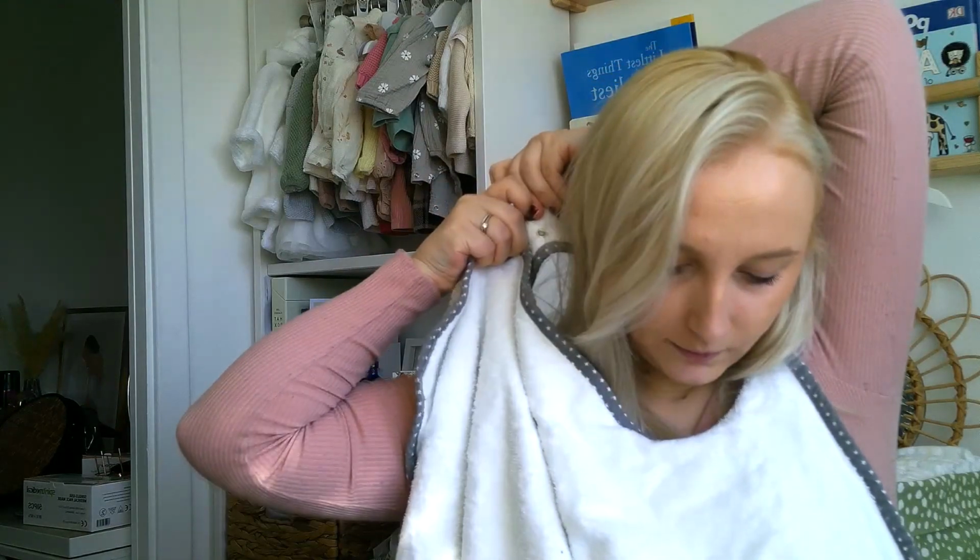And then this little bad boy is the Cuddle Dry towel. Now, I got lots of towels, including Erin bought us a White Company towel, which is lovely, don't get me wrong, but I really like this. My mum bought us this. It is a Cuddle Dry towel. So how it works is, it is just a normal towel, but it goes around your neck like this and clips, so that when you're grabbing them out of the bath,